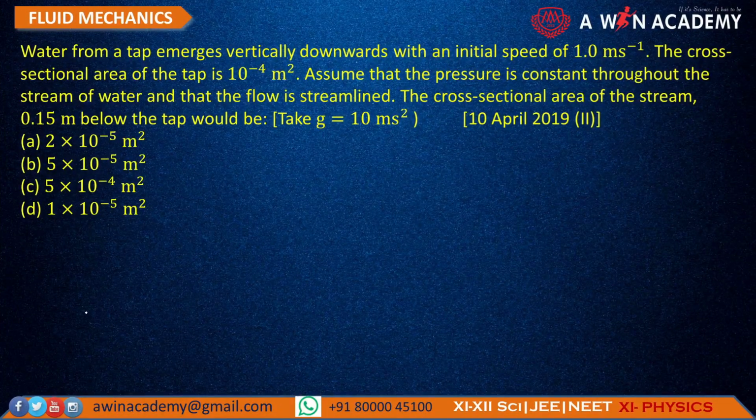It says that water from a tap emerges vertically downward with initial speed 1 meter per second. The cross-sectional area of the tap is 10 raised to minus 4 meters square. Assume that the pressure is constant throughout the stream of water and that the flow is streamlined. The cross-sectional area of the stream 0.15 मीटर बिलो द टैप वुड बी। तो अगर आप देखो तो आपको कुछ इस तरह से दिया हो कि